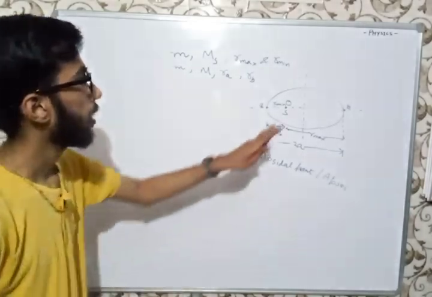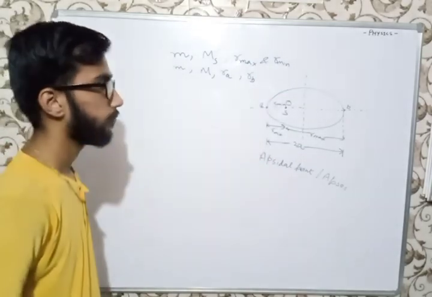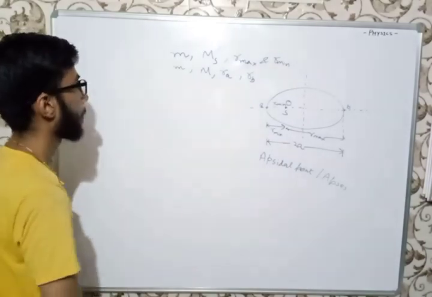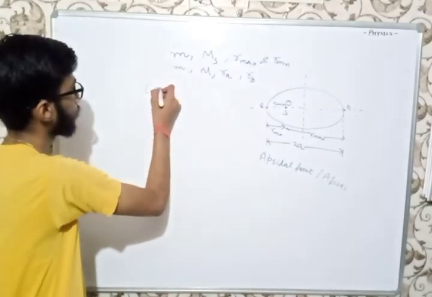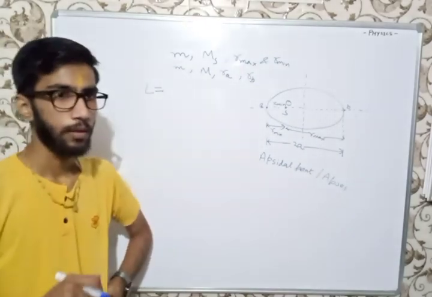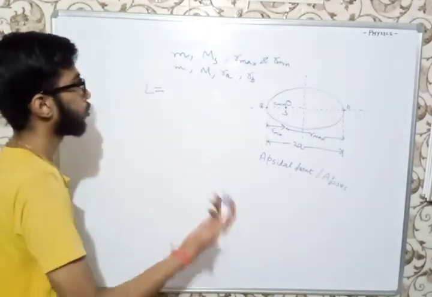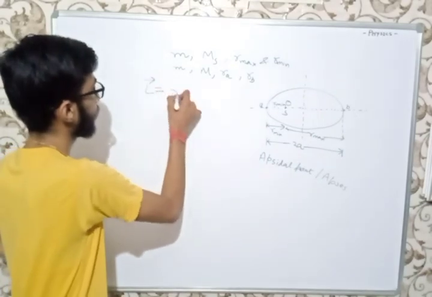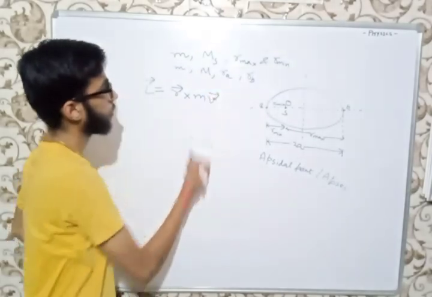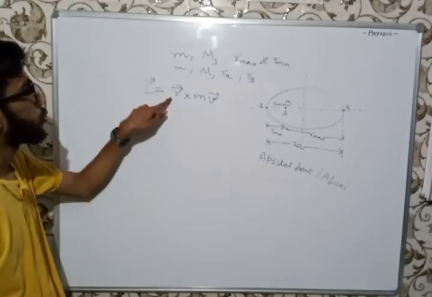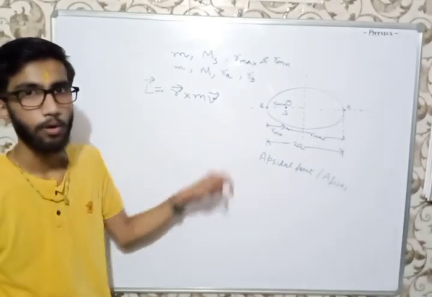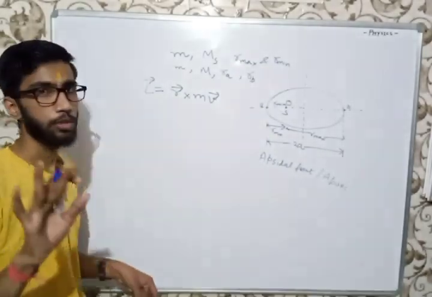Now I have to find the angular momentum of the planet with respect to the sun. Angular momentum is conserved. I remember there was a comment on my video that the angular momentum should be 0, because the L vector is r cross p, which is simply m v vector, and v is dr upon dt, so it should be 0, like r cross r or something like that. But no, it is wrong.